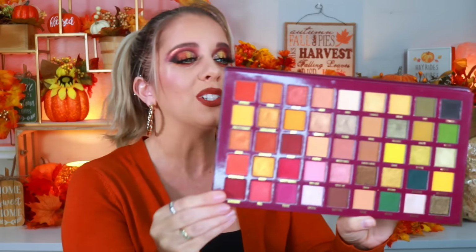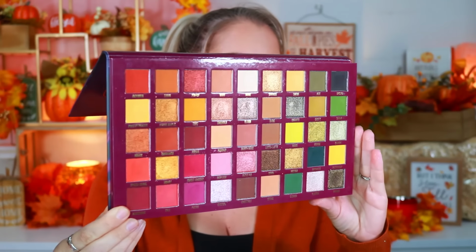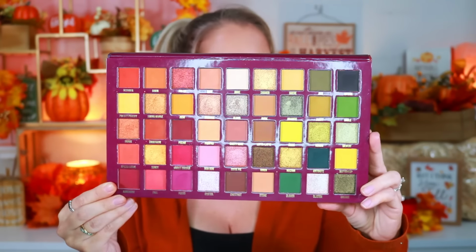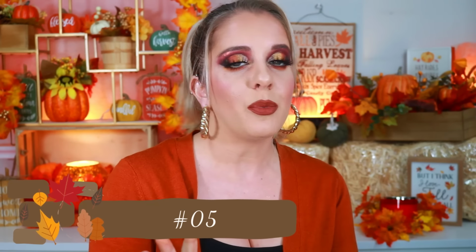It's so freaking gorgeous. I love this palette so much. I think it's so inspiring, and I just want to play with it every fall season. So that is why at number 6, we have the Carnival Antidote palette. Coming in at number 5, y'all, I ranked this palette really high in my Glam Light ranking